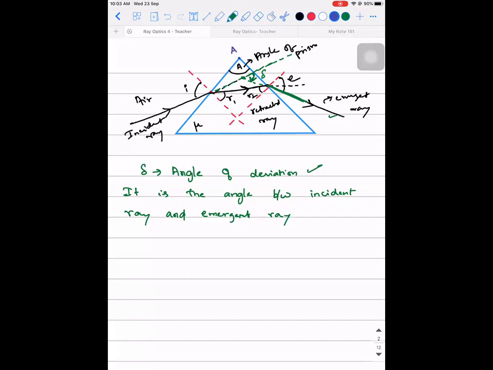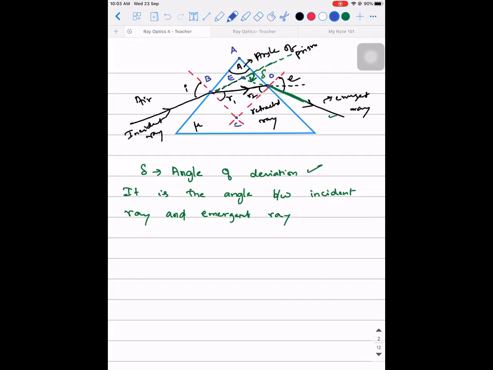So this point, if I take it as A, this point as B, this point as C, this point as D, and let's say this point is E. Okay. Now, our first work is to find the relation between angle of deviation and other parameters. But let's think logically. Whenever you're deriving a formula, formulas are generally derived so that you can do an experimental aspect and verify. Keeping this point in mind, tell me, what are all the quantities that are under our control?